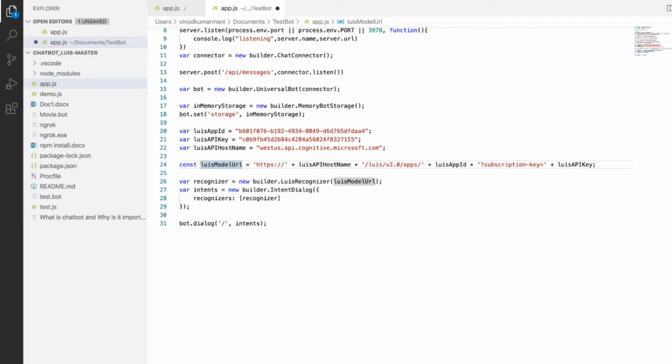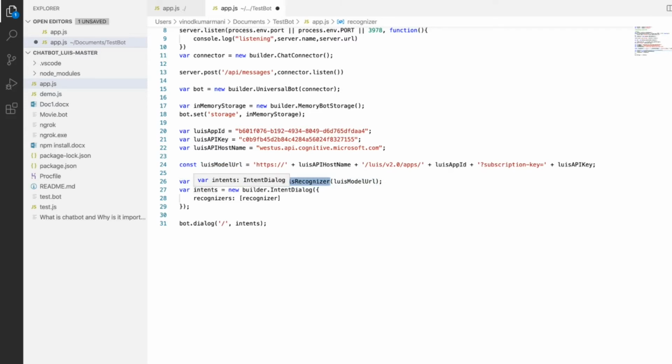Passing that URL as a parameter in the LUIS recognizer is most important, because it has to recognize your URL, right? It acts like an API. The people who are working with an API are well aware of how it works. So you pass that LUIS model URL to the LUIS recognizer builder.